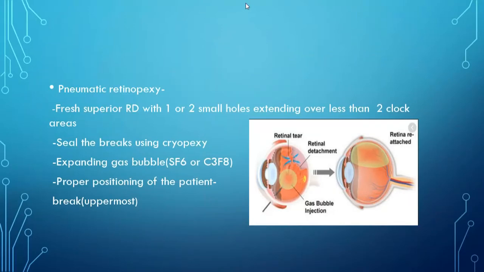So in pneumatic retinopexy, what you do is you use air to create a tamponade, which is almost similar to internal tamponade. But in a case of internal tamponade, to create the apposition between the layers or to create the tamponade, you're using either silicone oil, or you can use a gas bubble. Long acting gas bubble can be used. Whereas in a case of pneumatic retinopexy, you just instill a gas bubble.